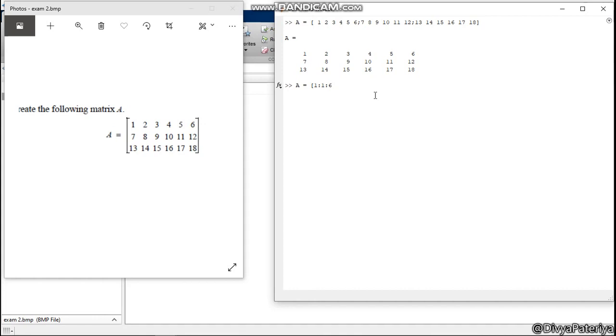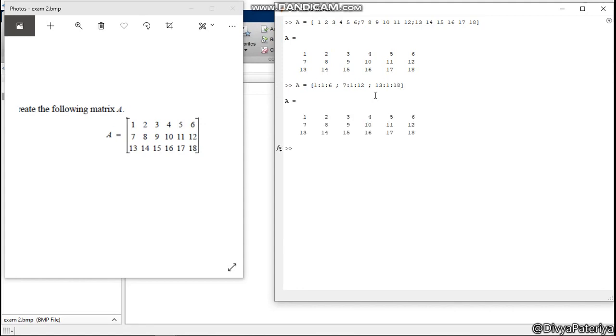Now giving a semicolon, I will start writing the contents of our second row. I will start from 7, give a difference of 1 and go till 12. In the third row, we will start writing from 13. We will give the difference 1 and go till 18.